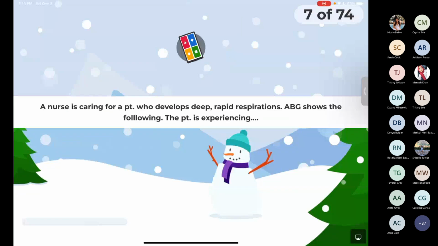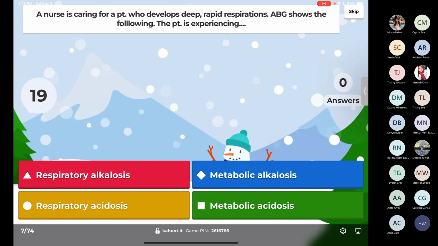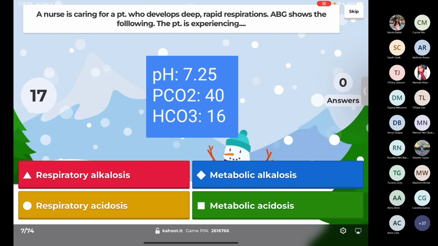A nurse is caring for a patient who develops deep, rapid respirations. An ABG shows the following. The patient is experiencing